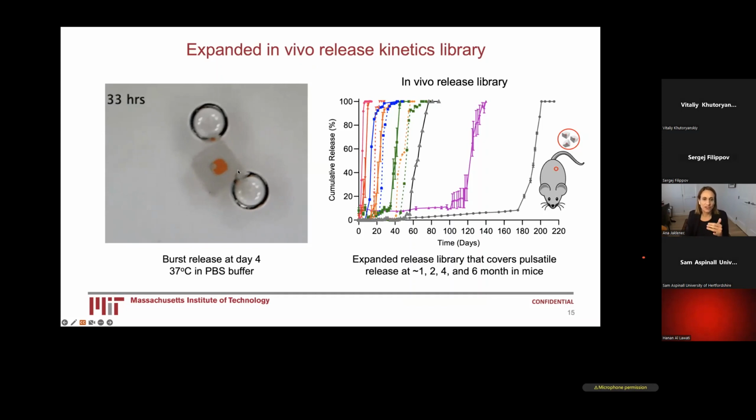And then here on the left is just a GIF showing how dyes release and disperse. This is in vitro data, obviously, but you can see how quickly the dye bursts out of the particle. On the right here, you can see what we call our in vivo release library. And what we do here is